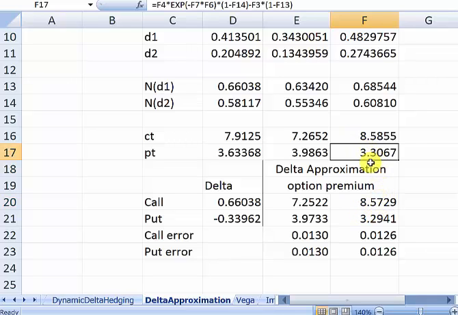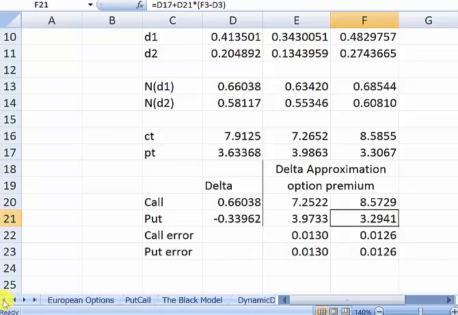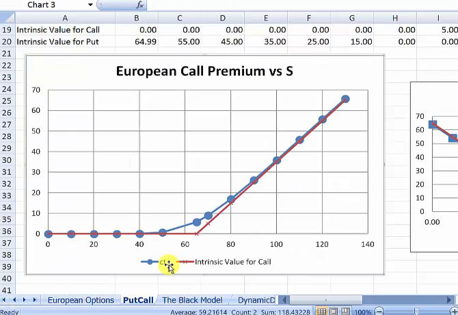For the put, Black-Scholes gives you 3.30, delta gives you 3.29, and all this comes from the fact that this call premium has this convex curvature, and